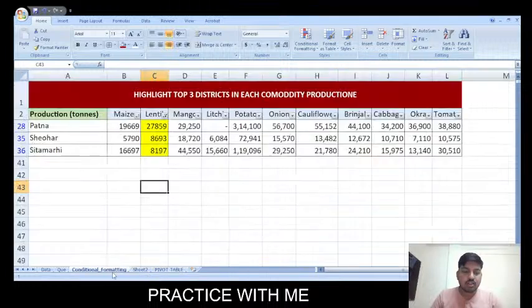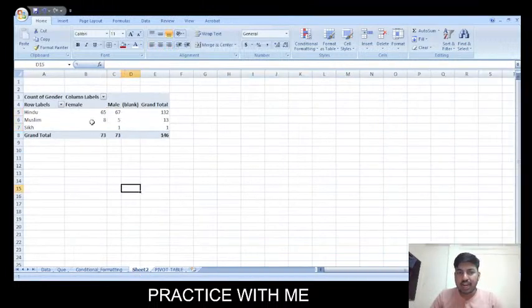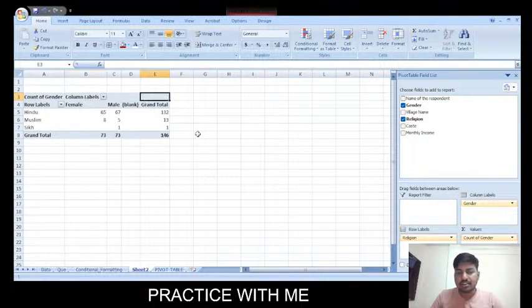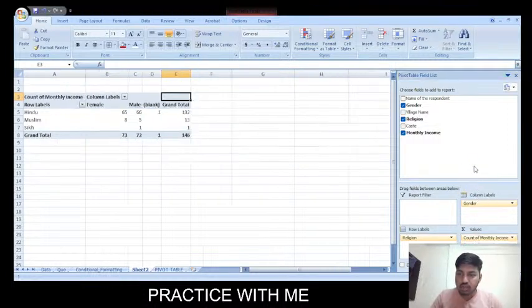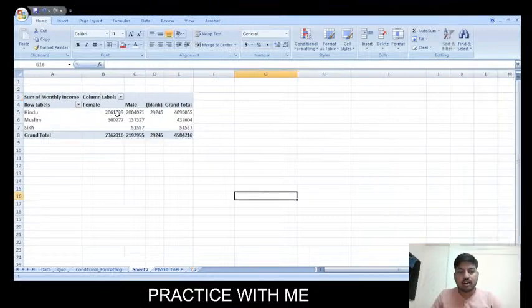Now we want the monthly income. When you come to the practice you will understand the logic. If I simply add the monthly income in my values, it will give me a very large column, because it is now sorting with male, female and count of income. That I don't want. So I will remove the count of gender, and I don't want the count of monthly income, I want the sum. So I will go to the value field settings and change it to sum. Okay, now I am getting the sum